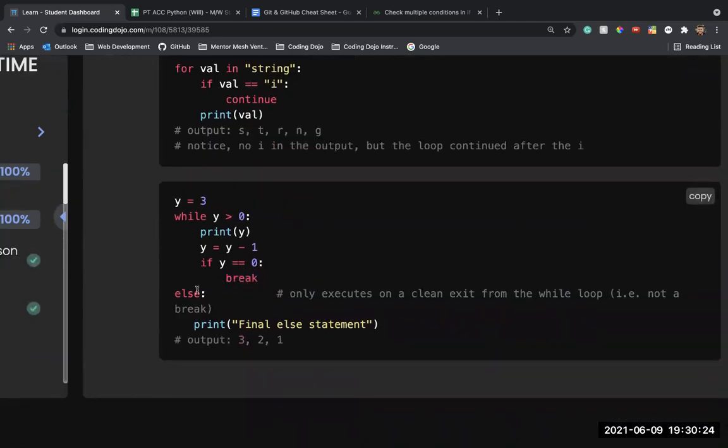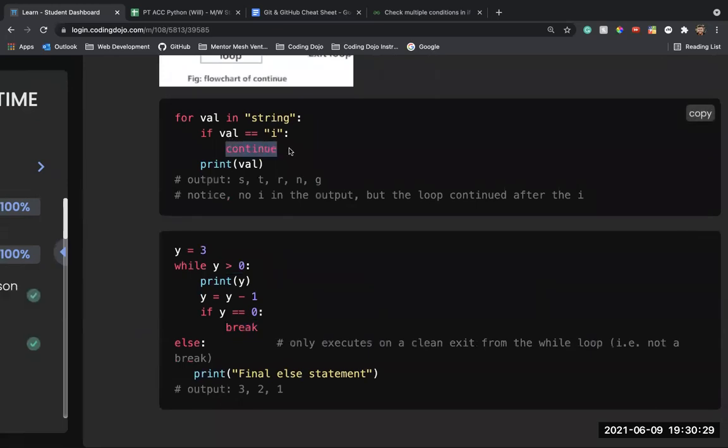Break is like, instead of having just an else do something, you could just break and it breaks out of that. Continue says instead of even printing, it would just go up. It doesn't print the value. It skips whatever's next in my for loop and goes back up, and then i becomes the next value, but you don't see an i here.